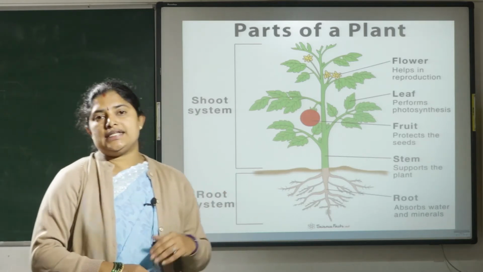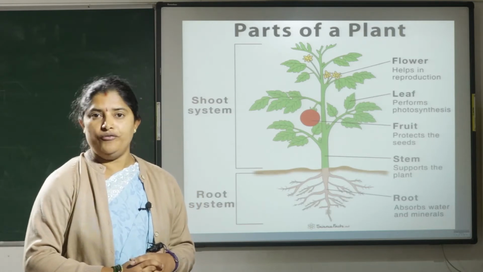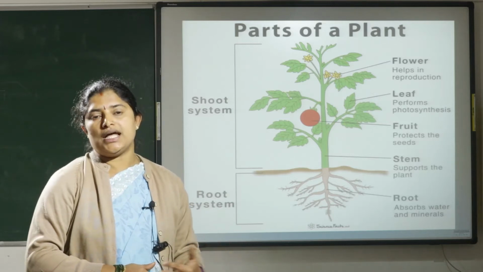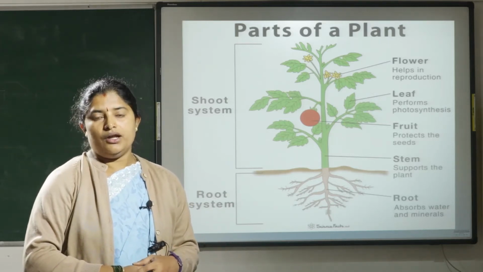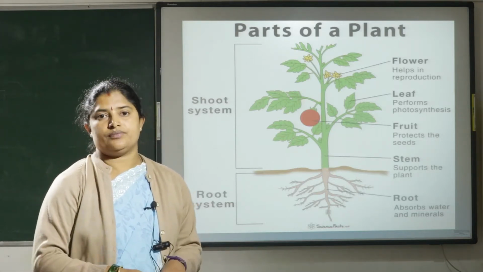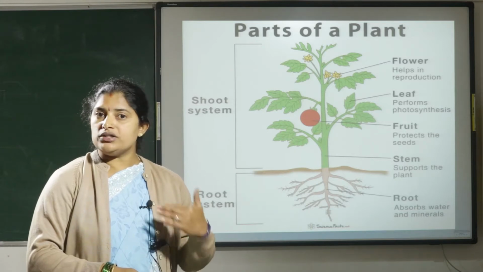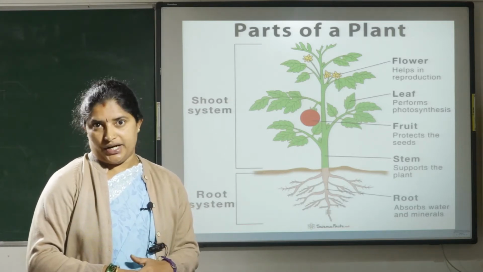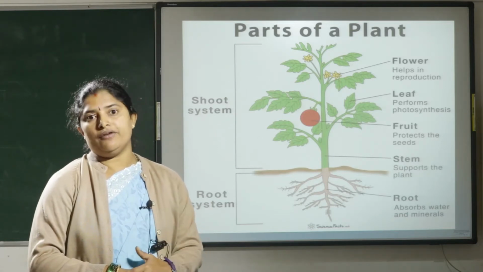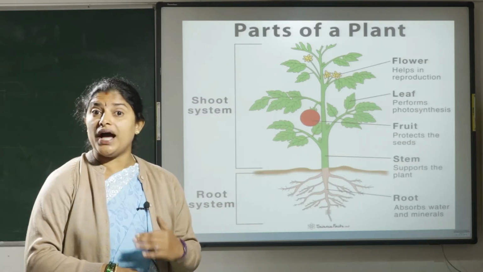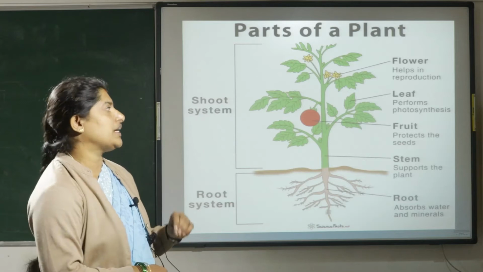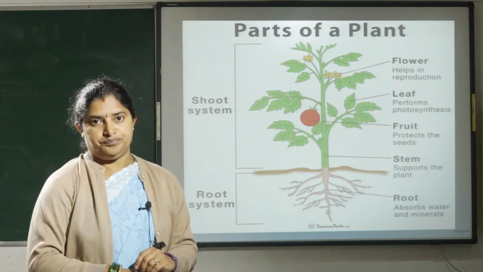Okay, so let's see the different functions of roots. Now, in order to prove this, I have some activity here. Children, in order to stand straight, we need two legs. You know that without the support of legs, we can't stand straight. Here also, roots support the plant to stand straight. So, plants need the help of roots to stand straight. Here I am going to explain a small activity.